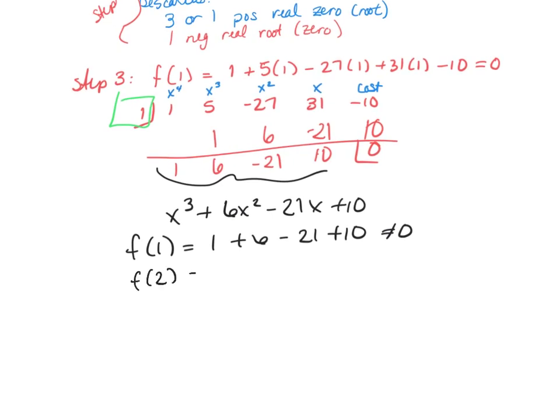So f of 2. So I have 2 cubed plus 6 times 2 squared minus 21 times 2 plus 10. Does that give me 0? So this gives me 0. That means that I have my second 0. So since I found my second 0, I'm going to come back up to, let me go back up to